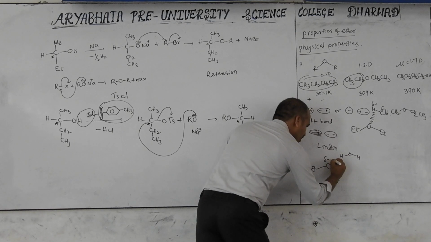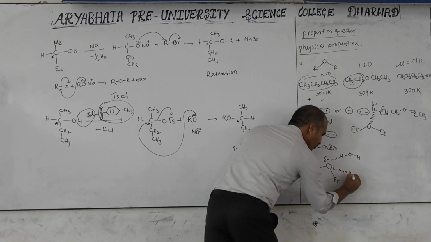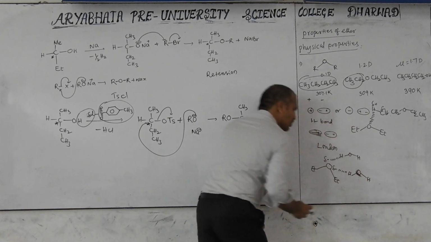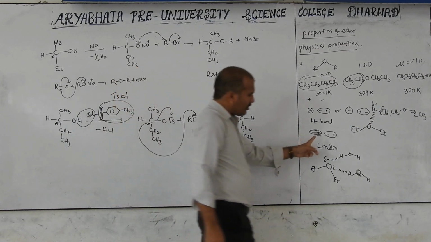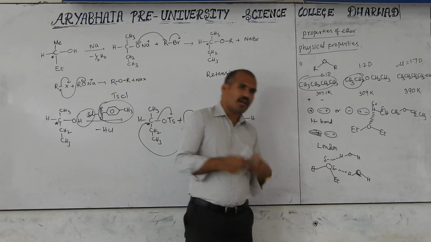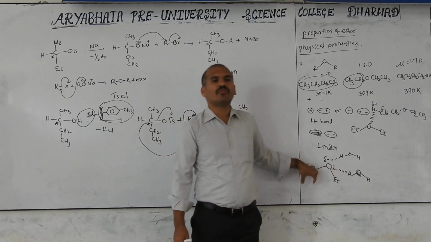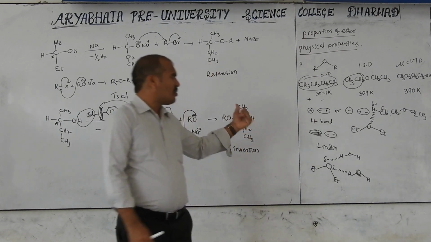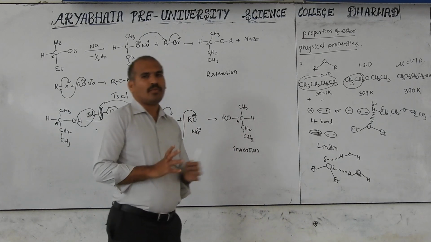Then due to this negative charge, one hydrogen bond, and due to this negative charge, another hydrogen bond, like this. So it makes the hydrogen bond with the water molecule. That's why it is soluble. When these groups are larger or bulky, what happens to solubility? It decreases, because hydrophobic bodies decrease solubility. So this is simply about the boiling point and the solubility.